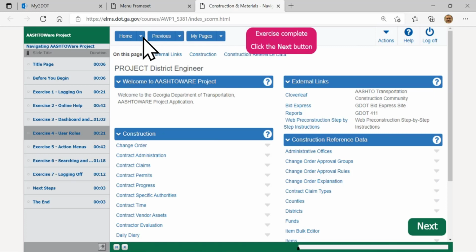Usually it will keep you on the same screen you're on when you switch roles, although if it does switch you out, you know that you can dig back in there to find the role that you're actually looking for to work with it. So this just allows you to move around in there. And that's basically all you need to know about switching your roles. Once you have it, just click the drop down arrow and you'll see which roles you've been granted access to. As you can see, since I'm back here as a district engineer, rather than materials, I have the construction component, the construction reference data component, and any other ones with the quick links on here to work with. Let's click on next.